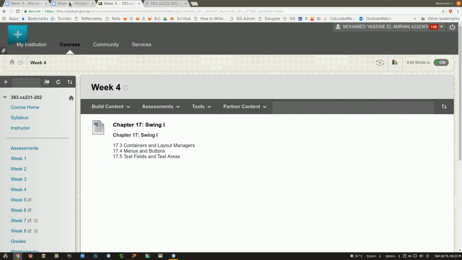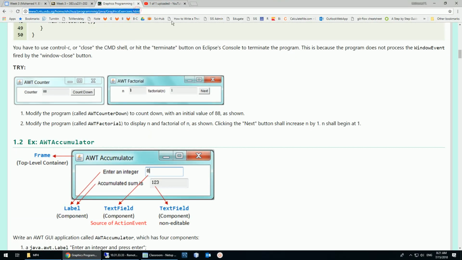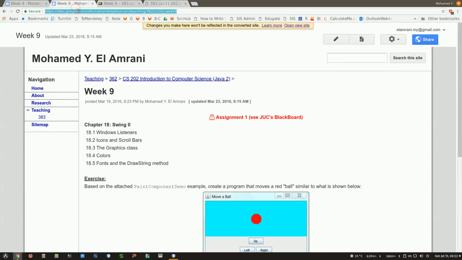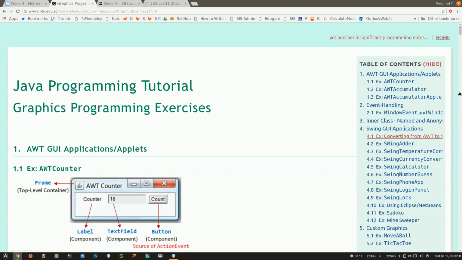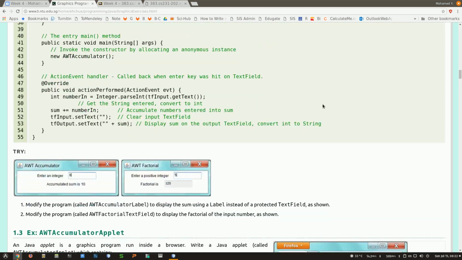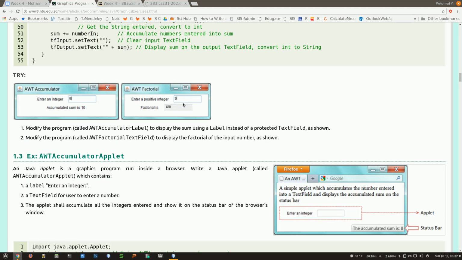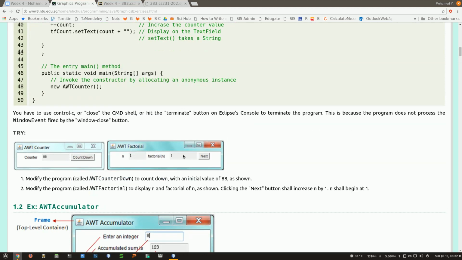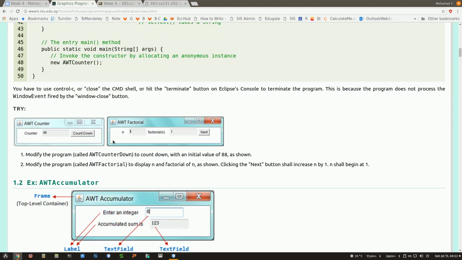Hold on. Because I was using two different operating systems, I'd just like to go back here and see if I can go back to this thing. So yes, this is what we're going to be doing. The factorial, no, it was the one before, but it's the same thing anyways. So let's just do something like this, which means we have two labels, two text fields,